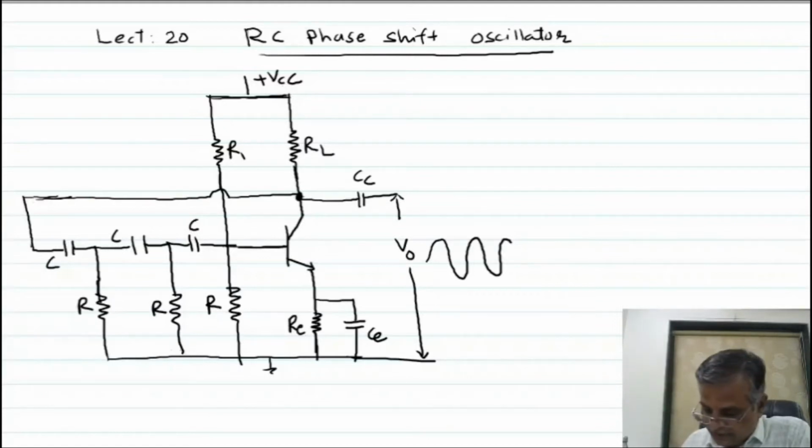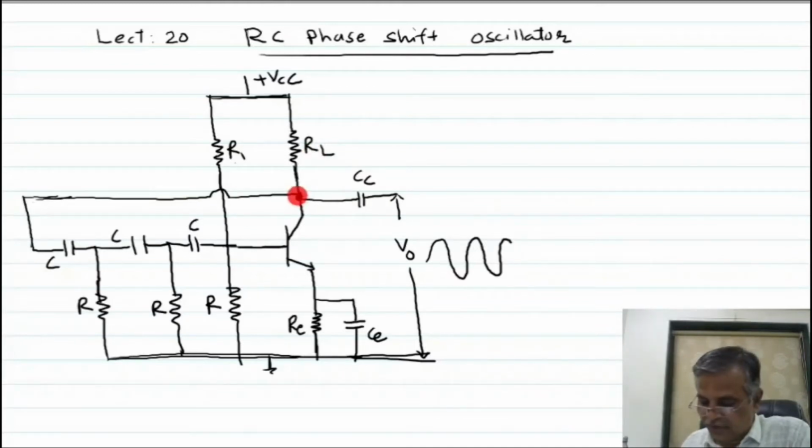The circuit diagram of the RC phase shift oscillator is shown in the figure. Here R1 and R2 combination, actually R is the effective resistance of R1 parallel R2 parallel hie of the transistor. So this provides the bias to the base. The parallel combination of RE and CE is for self bias. RL is called the load resistance, across which the output voltage is developed.